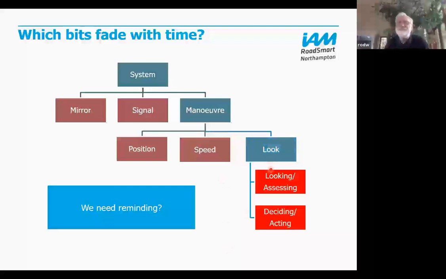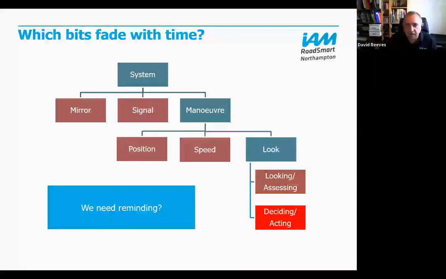Looking, assessing, deciding. Well, these things get slightly better because now, maybe not the looking and assessing, but deciding and acting, well, they have much, much more practice in doing those things. So it becomes semi-automatic. They're not going to be quite so hesitant at roundabouts, junctions, whatever, and you go in that. So we can see now, with that in mind,